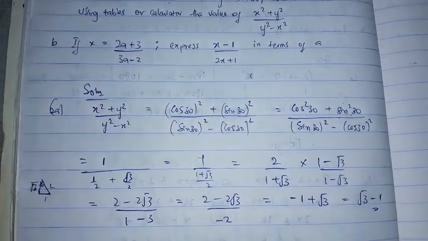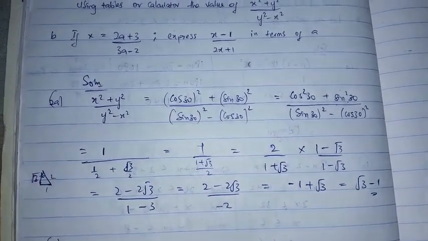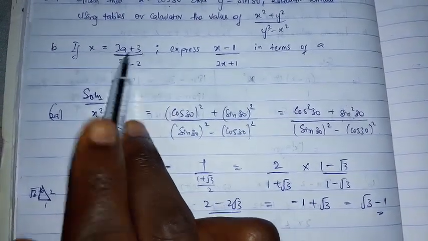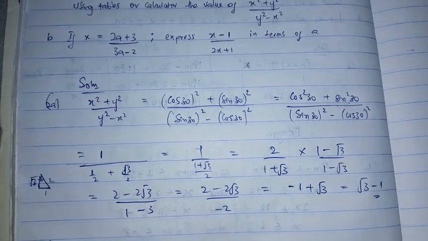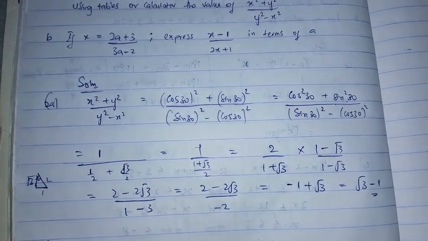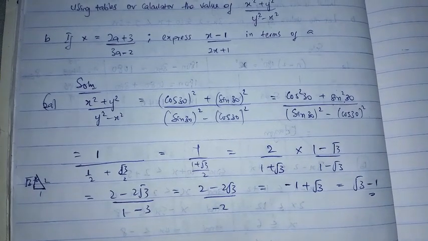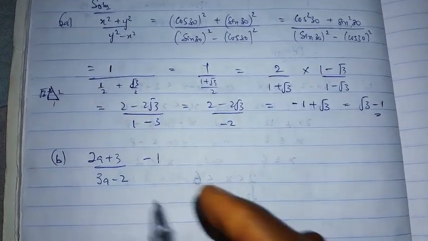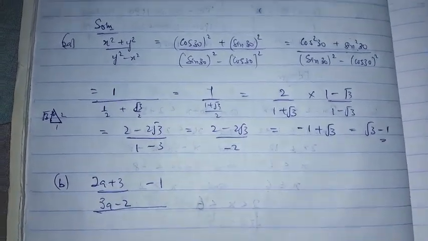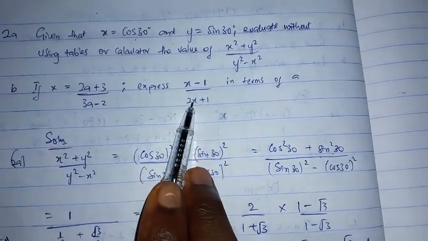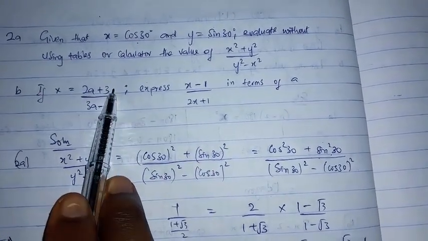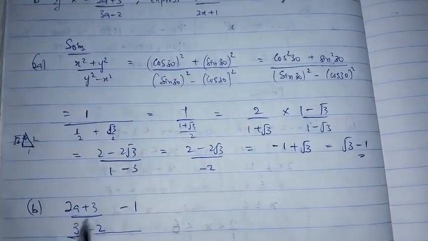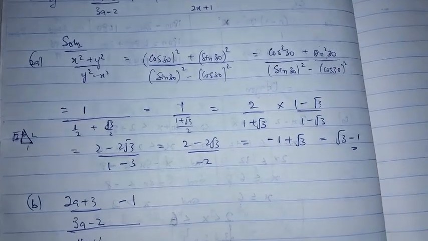Now for 2b, how do we solve this question? Whenever I see x, I put this. So that becomes 2a plus 3 all over 3a minus 2, minus 1, all over. Now this is 2x, so that becomes 2 times all this, that's 2 times the numerator. So let's just multiply already. That's 4a plus 6, so I'm going to have 4a plus 6 all over